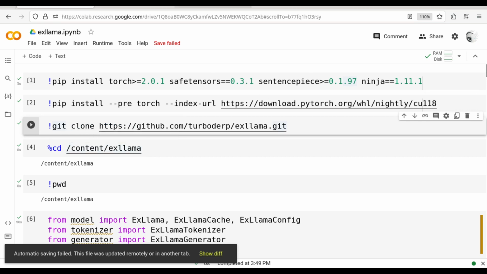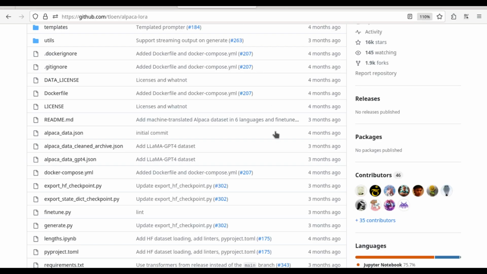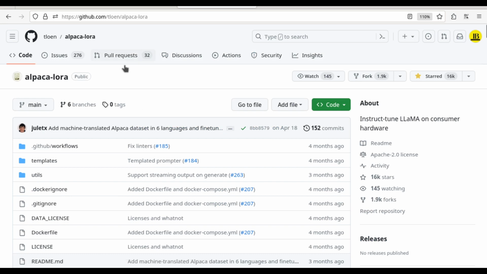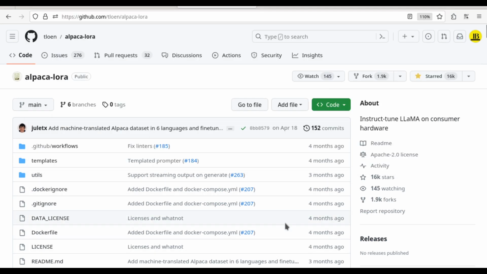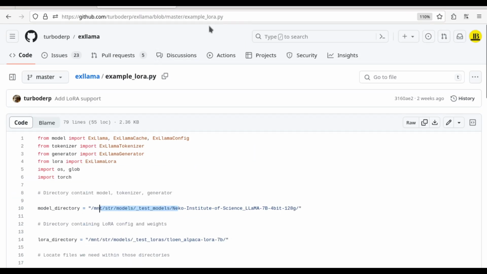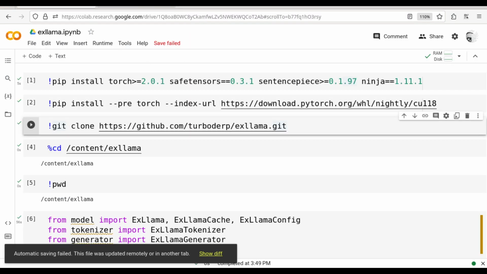Okay, so let me close that, and we will be using the Alpaca LoRa repository. This is the Alpaca LoRa repository. I'll be sharing this link with you in the description of the video. This is also already shared in the earlier discussion, so you can get it from there. Without further ado, let me start discussing this particular